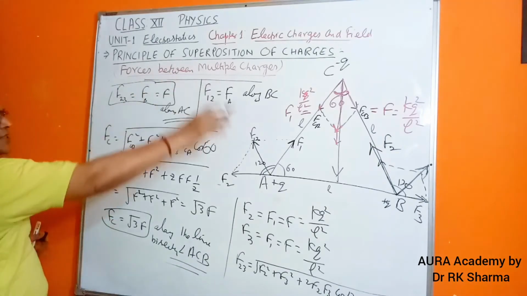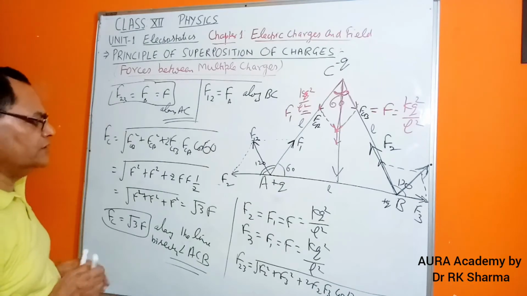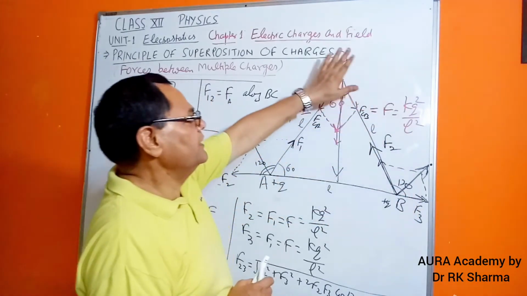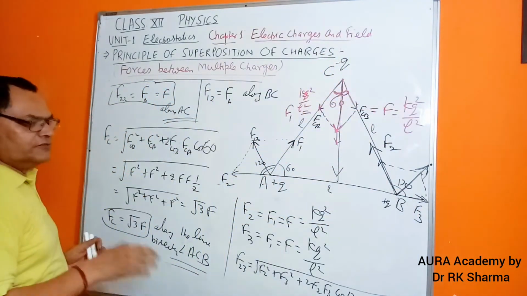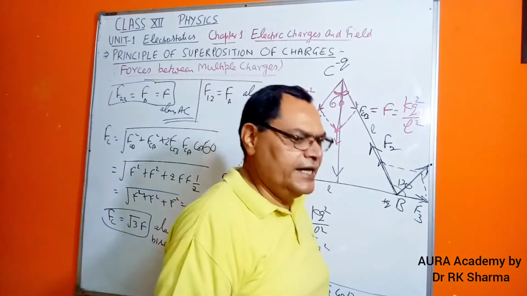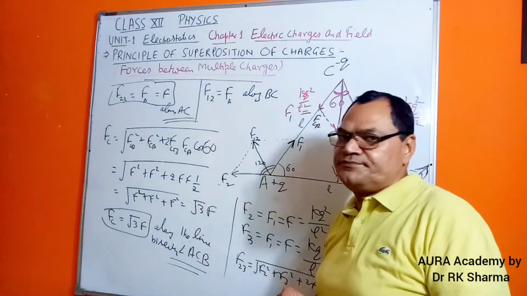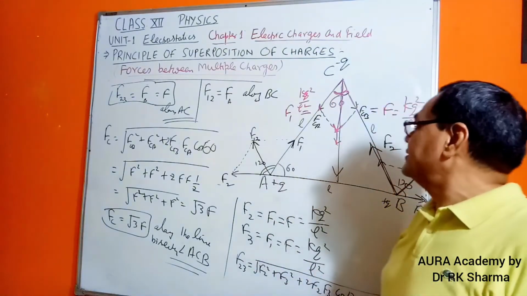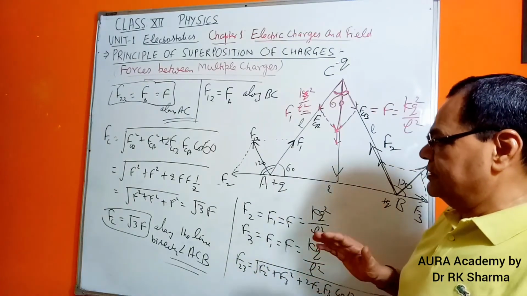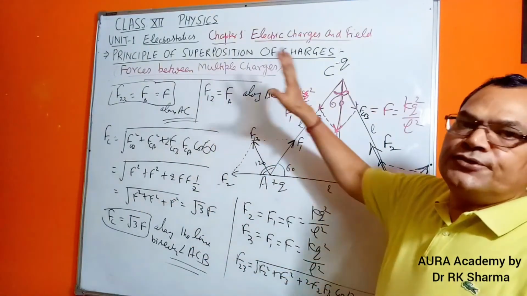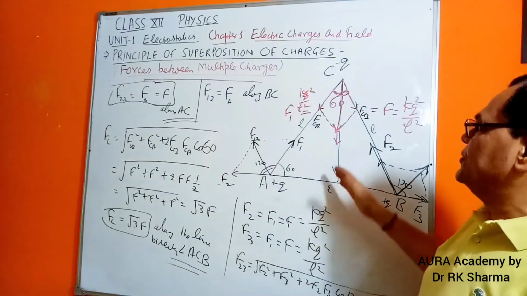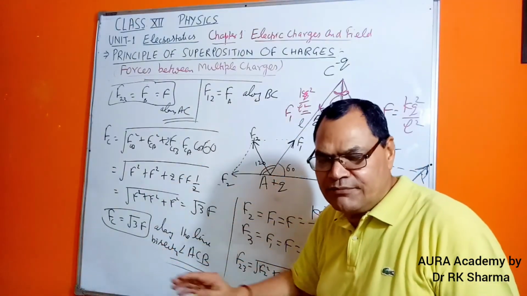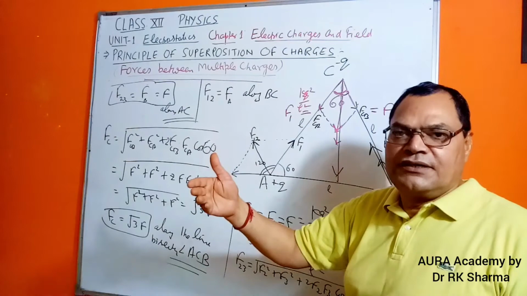So actually this is the overall solution of this question, that is, we have found out the force at A, at B and at C as well. So that was the question: find the total force at A, B and C points. Alright. Now should I tell one important funda of this question as well? See, if you try to find out the total force of this system, you are finding the net force here. Clear? Though the original question is over, I am taking an extension of it from the competition point of view.